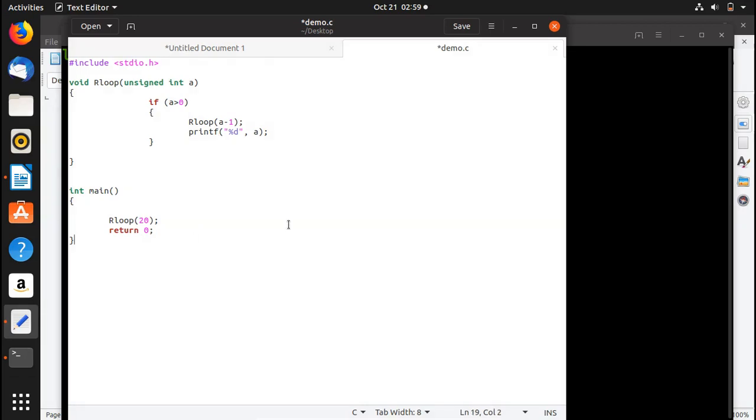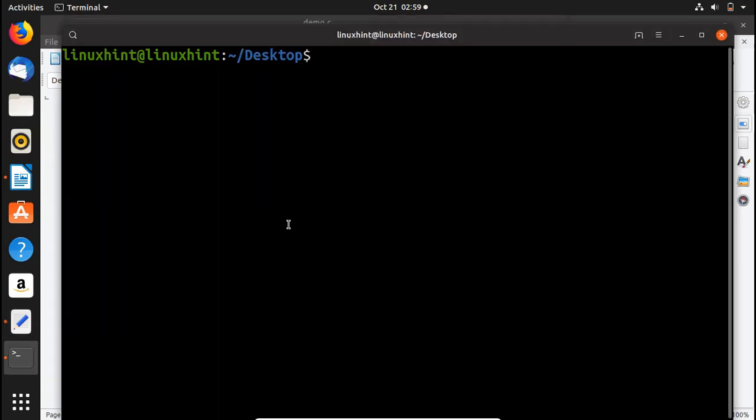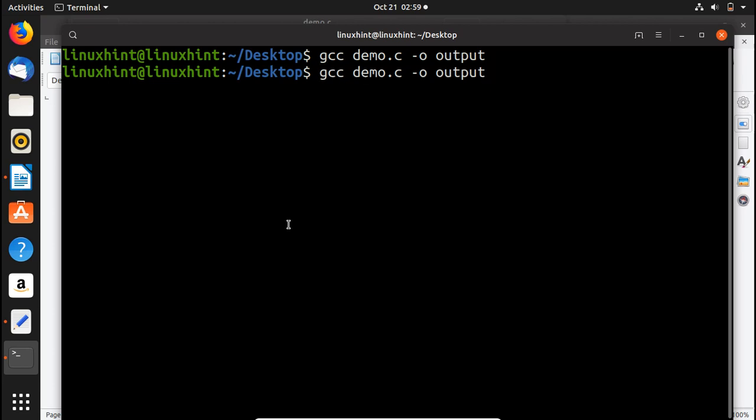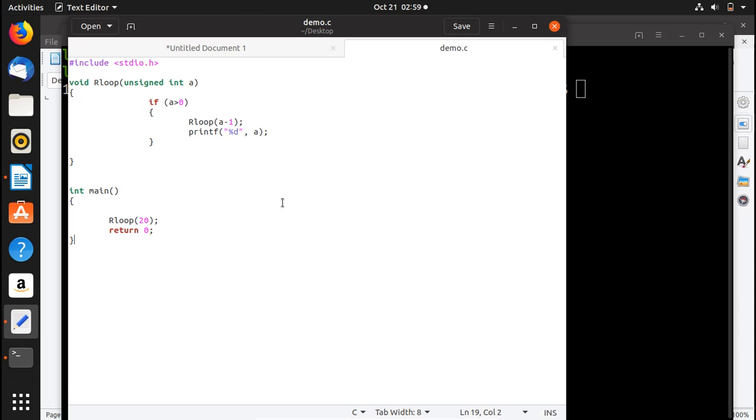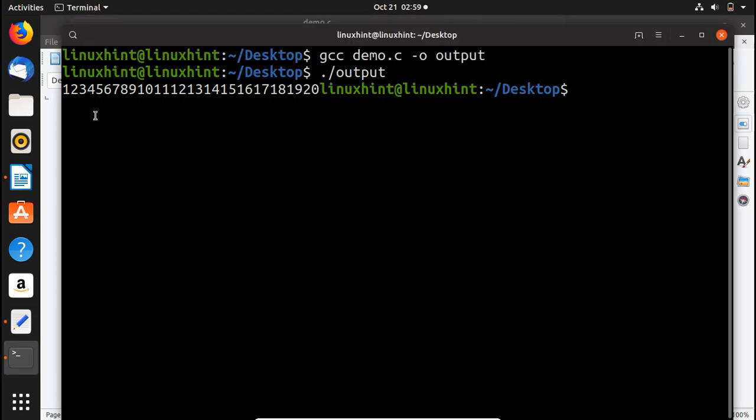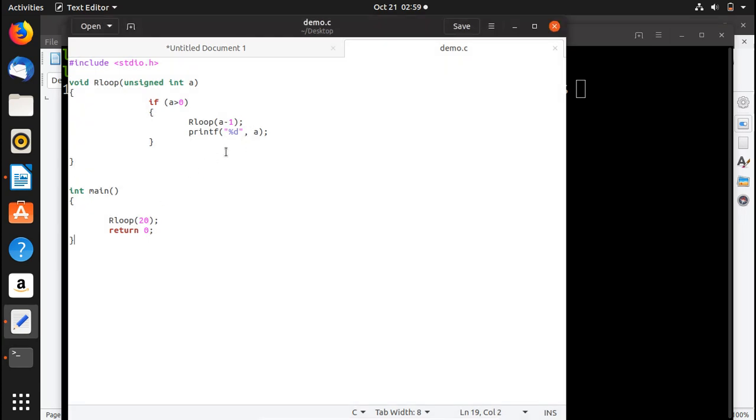Okay, so now we save it and we go back, we try to run our code by writing this, and you can see that there are no errors. So now we'd run our output file. We hit enter, and you can see that it is printing out till 20. 1 2 3 4 5 6 7 8 9 10,